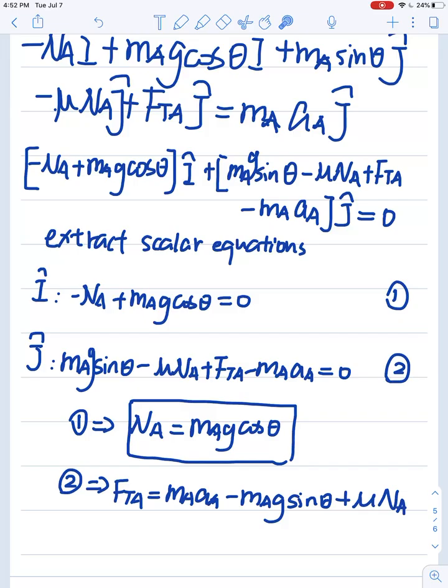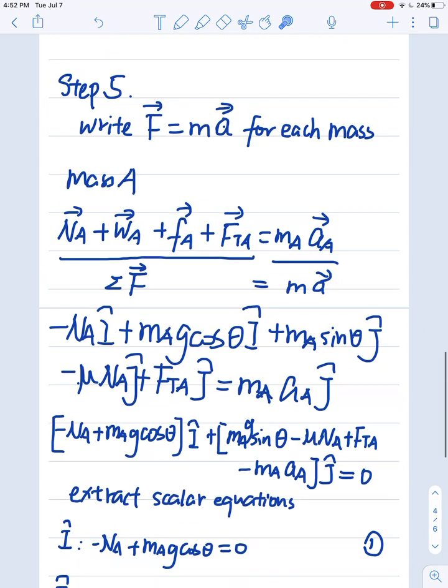So you're going to just put that here, and let's continue writing the F equals MA equation for mass B. Remember, we just finished F equals MA for mass A. You need to do F equals MA for mass B as well, since you need to do this for